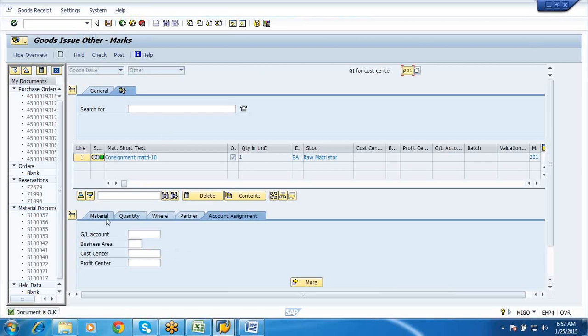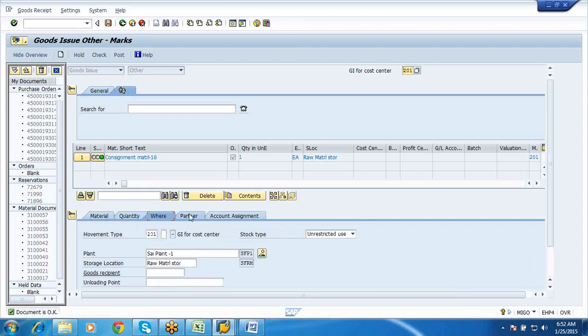So I am going to save this now. Material quantity, where, post.